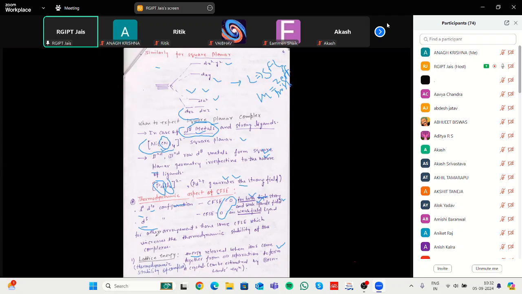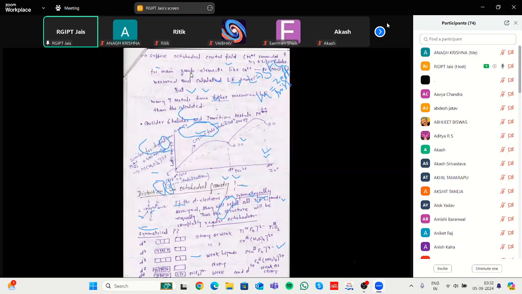That can be explained by the CFSE. If CFSE is high, means the Z effective on the metal complex is high, that can increase the energy, and CFSE is increased. If we count, like in case of d0, CFSE is 0 at that particular line, and in case of d5, CFSE is also 0, means that it looks like this.